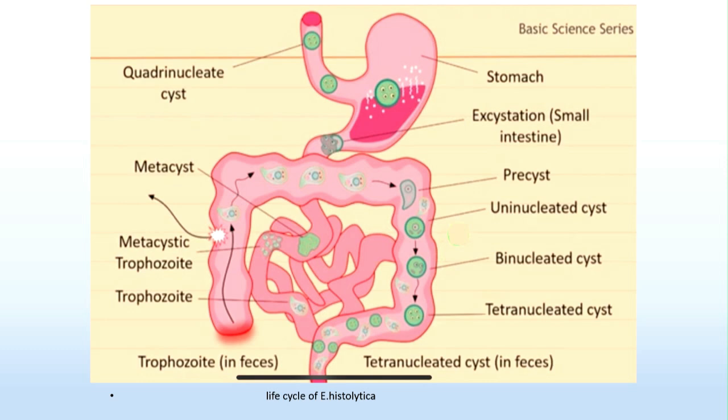They multiply and then invade the mucosa and lodge in the submucosa. In the submucosa, they grow, multiply, replicate, and feed, and produce proteolytic enzymes that cause destruction and erosion of the mucosa and submucosa in the large intestine, causing the flask-shaped ulcer. At the periphery of the lesion, the trophozoites appear and are excreted with the feces, with mucus and blood.